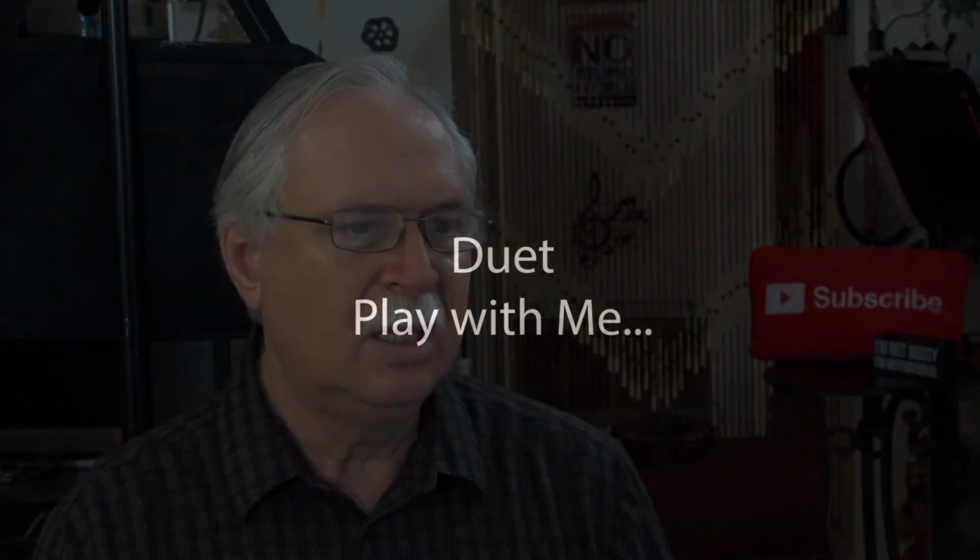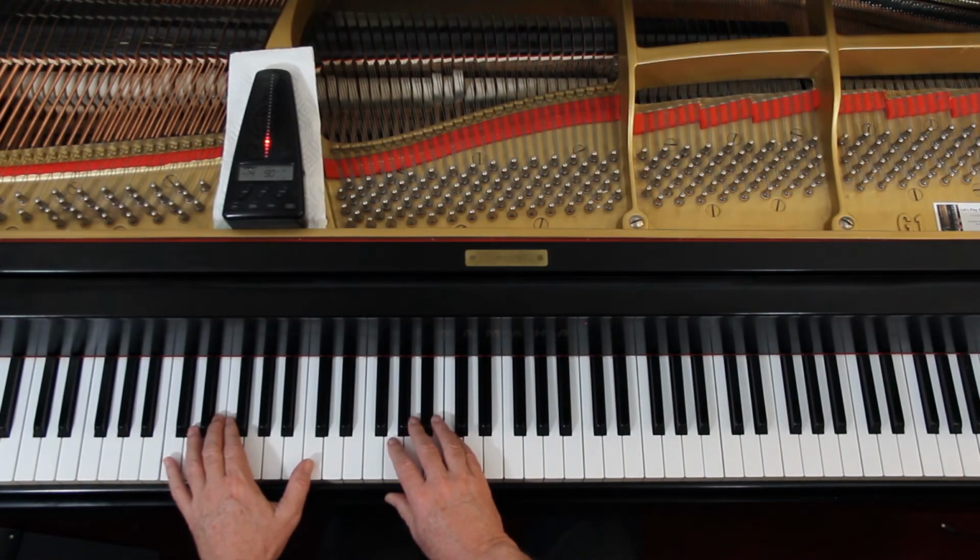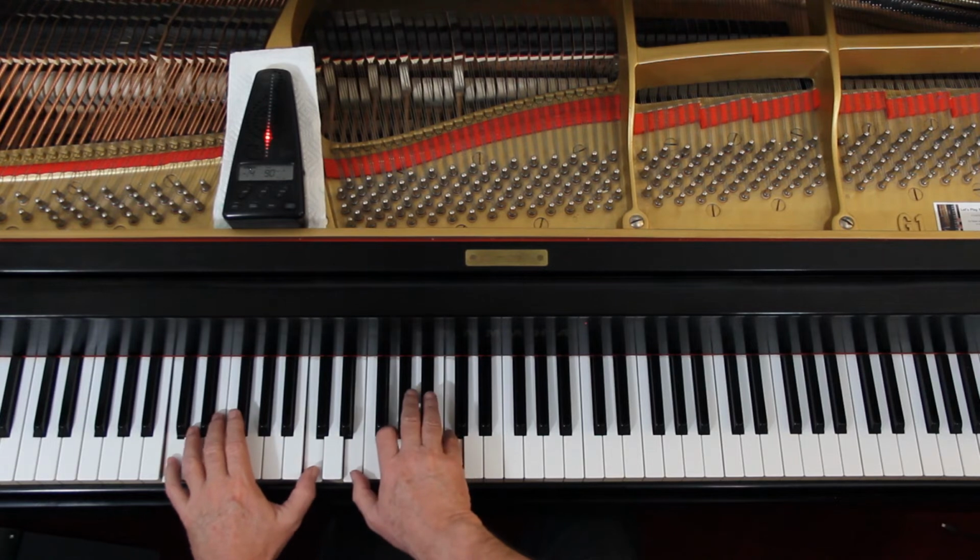I'm going to speed this up now, so be ready to go. Now the duet part doesn't have a beat. On your pickup beat, you're by yourself, so I'm going to play that with you, but I'm going to play it down lower. So we'll both come in together on beat 4. 1, ready, go. 1, 2,